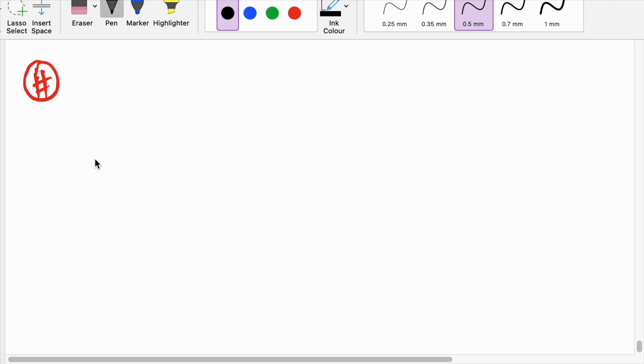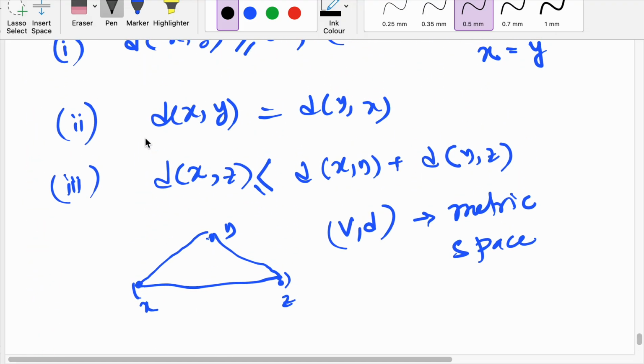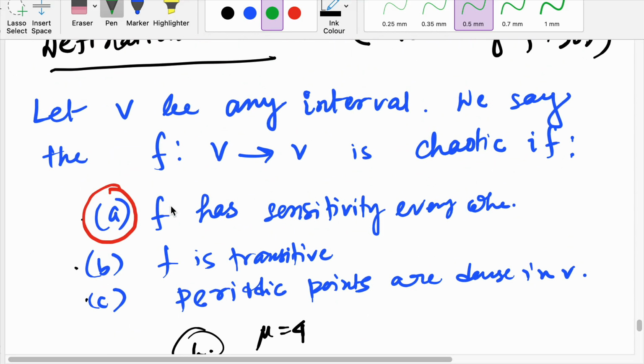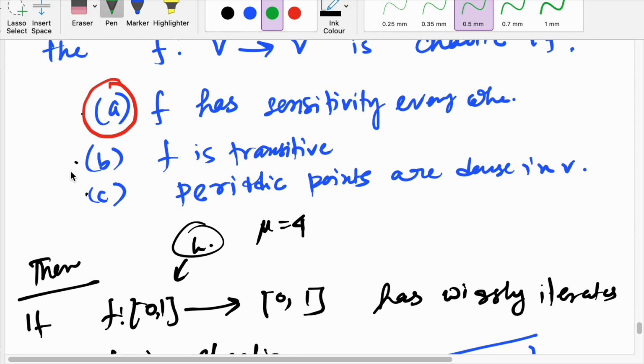I will not go through this proof, but in 1992 five Australian mathematicians, Banks, Brooks, Cairns, Davis and Stacey, obtained a very interesting and surprising result. It says that sensitive dependence can be derived from these two things: if a function is transitive and has dense periodic orbits in V, for this continuous function on the interval V, then it will automatically